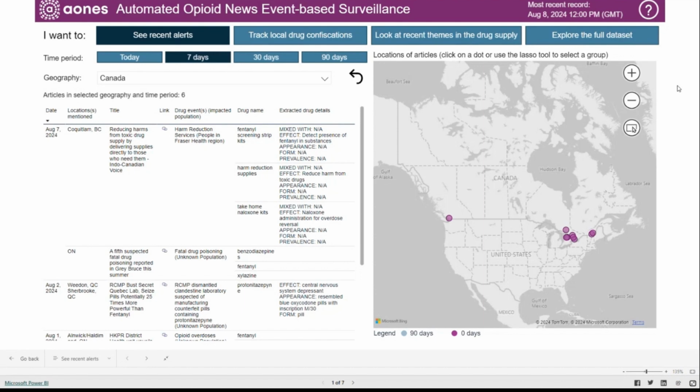This dashboard is based on 4 different use cases: see recent alerts, track local drug confiscations, look at recent themes in the drug supply, and explore the full data set. Over the course of this video demo, we will go briefly through each one of these, but before we begin,